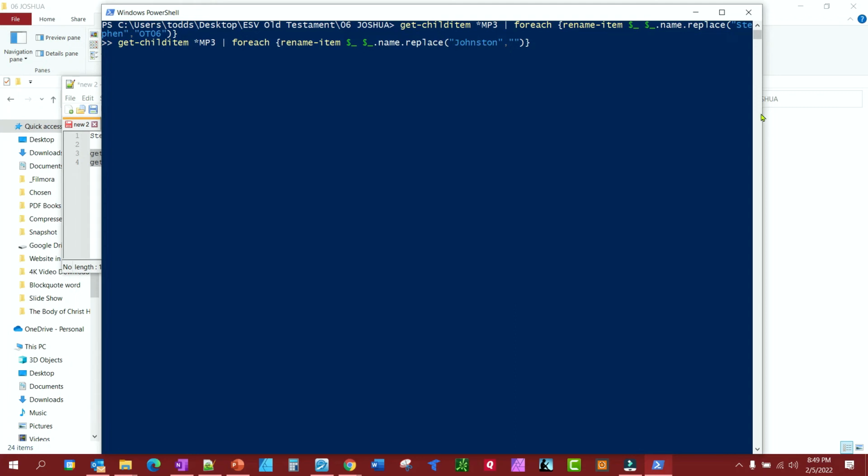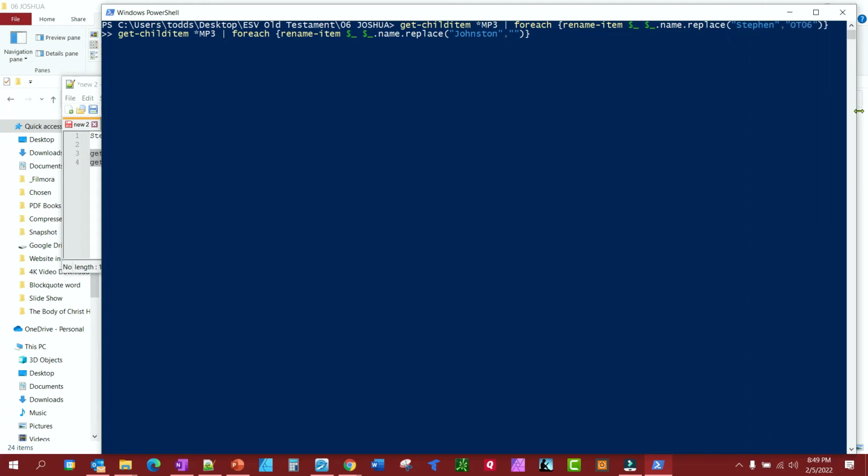Alright, now let me open this up a little bit so you can see what's going on here. What this is saying is get everything that's got .mp3 attached to it. When you do that, go in there and rename and find the word Stephen and rename with OT06. That's the first line. Now I don't want any part of Stephen Johnston's name in there, so on the second line it's going to say go in there, find everything with MP3, and rename, find Johnston,